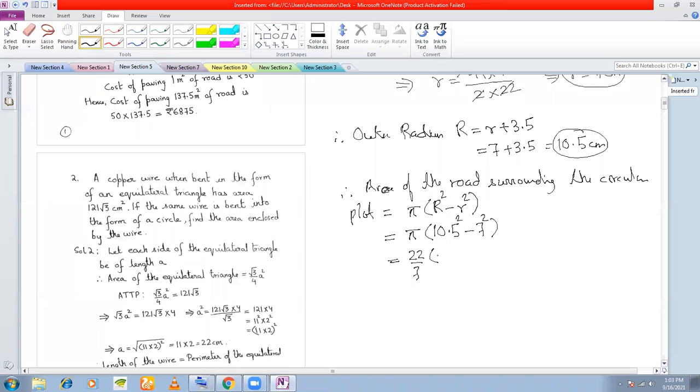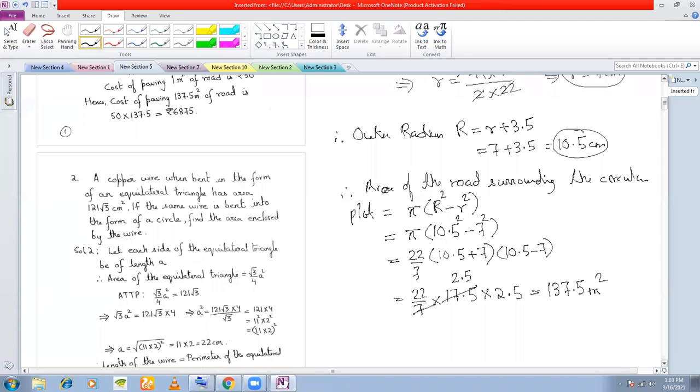Otherwise, a better way is you expand this by the a plus b into a minus b formula. This is a square minus b square. So a plus b into a minus b: 22/7 into 10.5 plus 7 is 17.5. And this is, I think, 2.5, 10.5 minus 7. Okay. So I think now this will cancel here. 2.5 times. So therefore you are getting this as 137.5 if you multiply